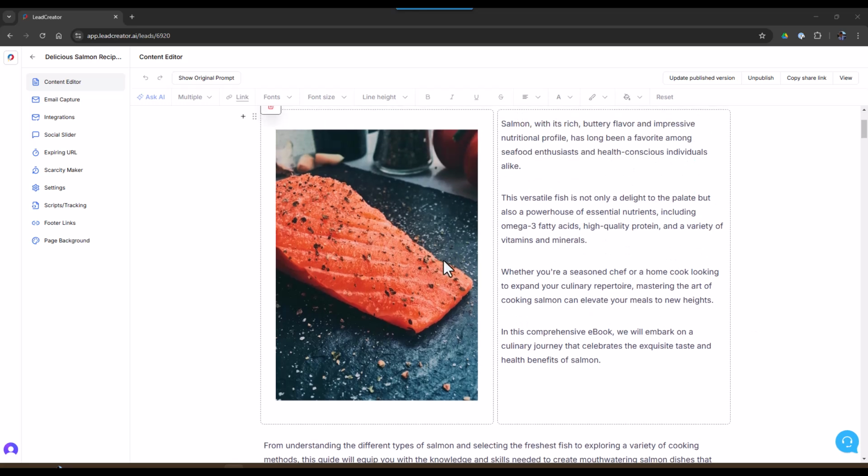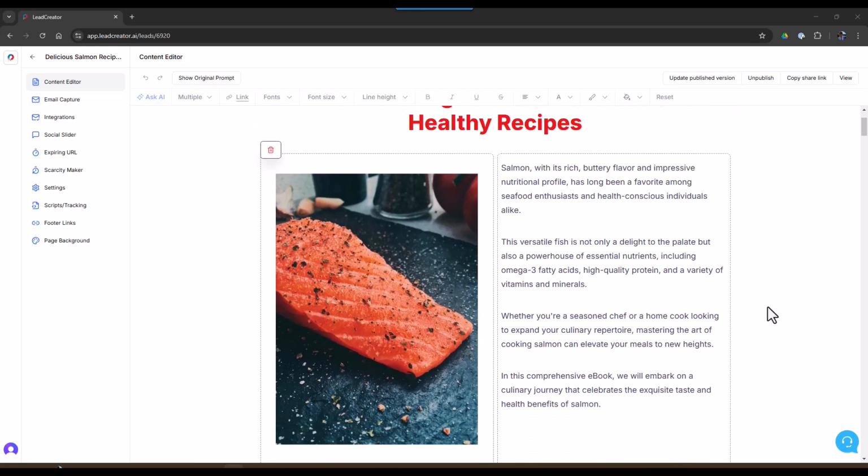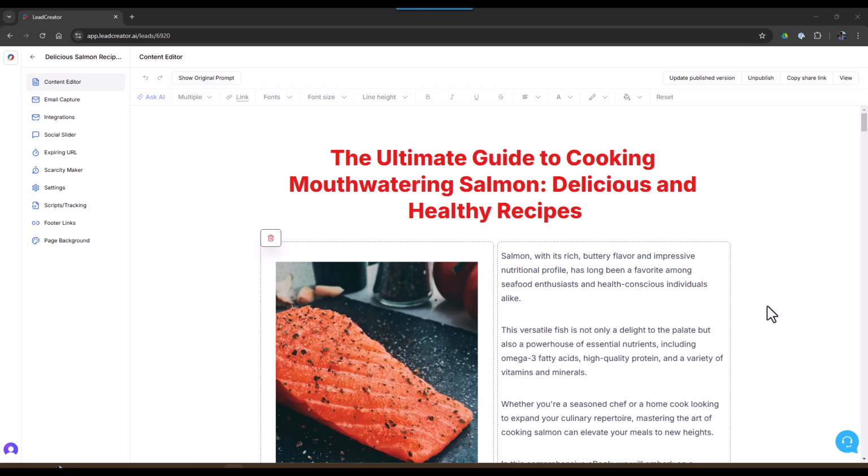And one of the features I want to highlight with LeadCreator layout for this lead magnet, the ultimate guide to cooking mouthwatering salmon, delicious and healthy recipes, is